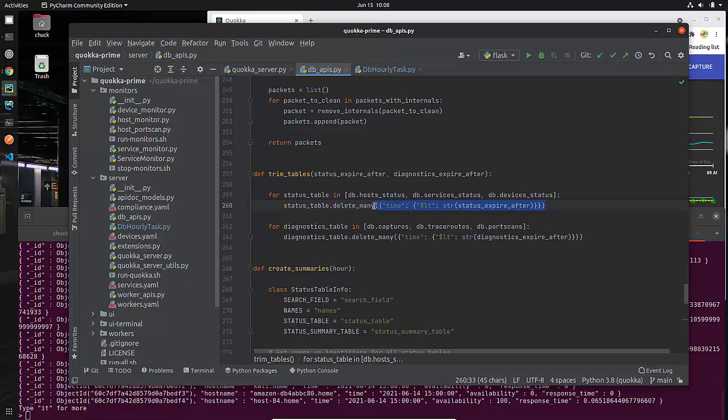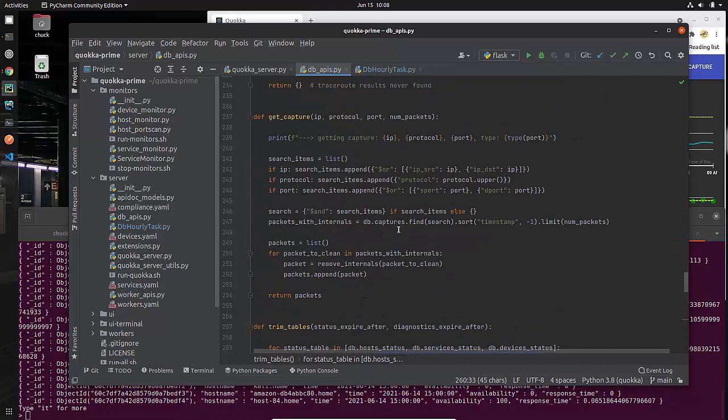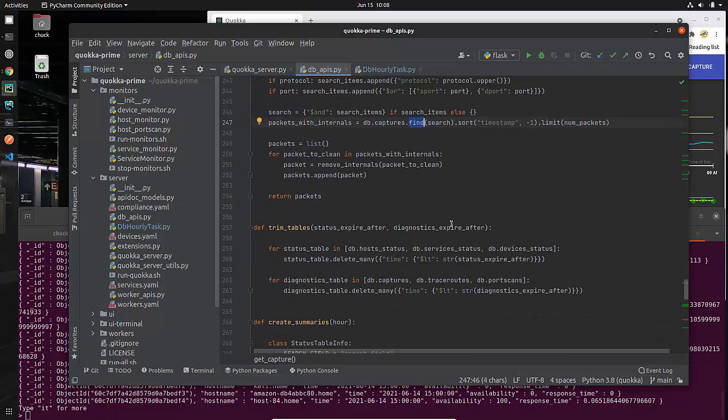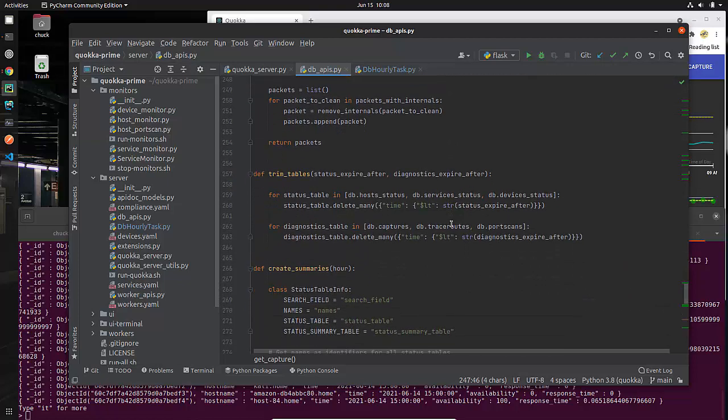You'll remember that in my database stuff, I'm doing finds or searches, I'm doing sorts, and quite often what I end up doing is passing in a dictionary, and that's what I'm doing right here. You can see my dictionary. The key in the dictionary is time. That's going to be referring to, as you can peek down here, I don't want to highlight it, otherwise I'll lose my focus.